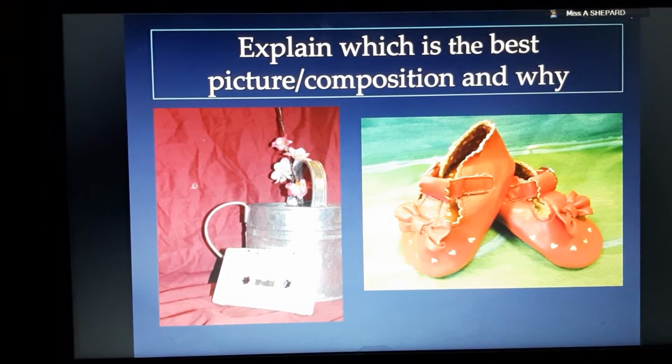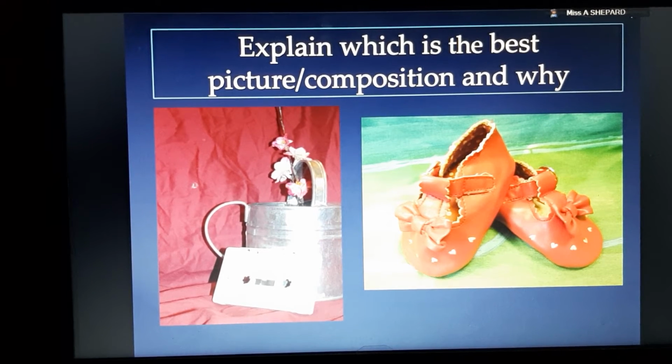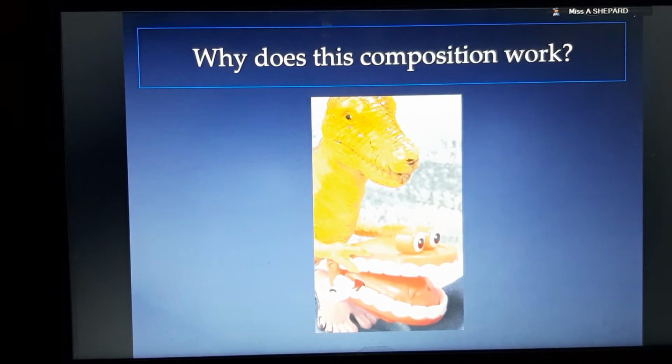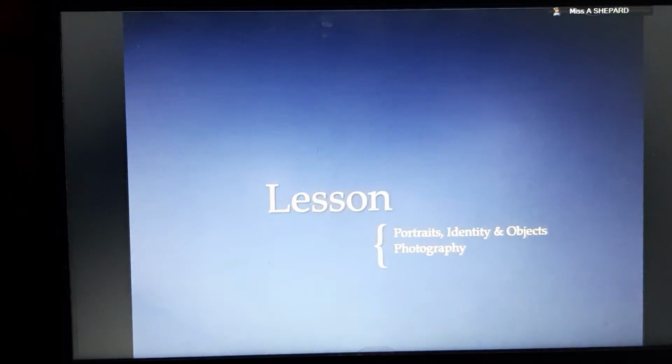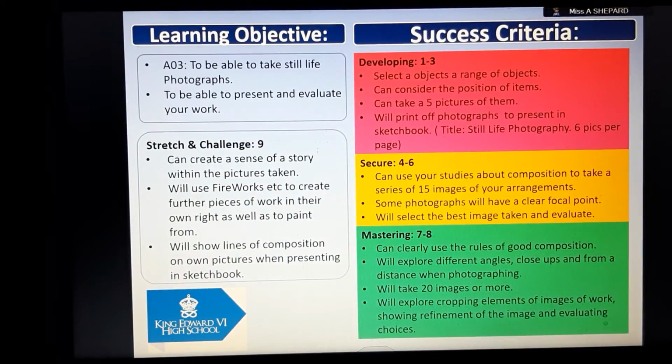So you could be thinking about things to do with childhood, couldn't you? Your personal objects growing up. You could include your family in some sort of way into it. Things can be a little bit silly. Think about all the little toys and stuff that you've got. So you could have all the stuff that you grew up with. You could actually have something with games of Scrabble. There's nothing wrong with that. Maybe dominoes if you've got it. Maybe playing cards if you have them. So think about taking some photographs